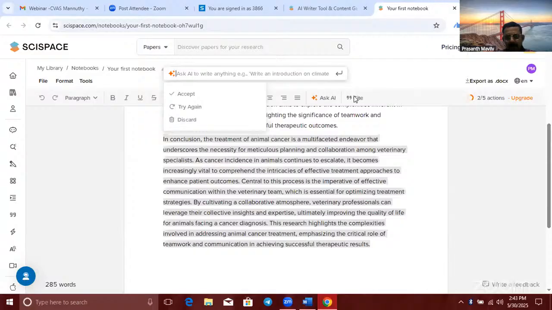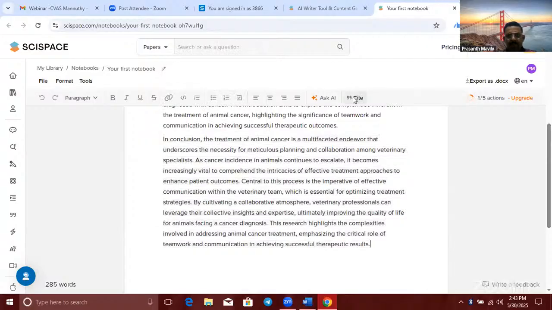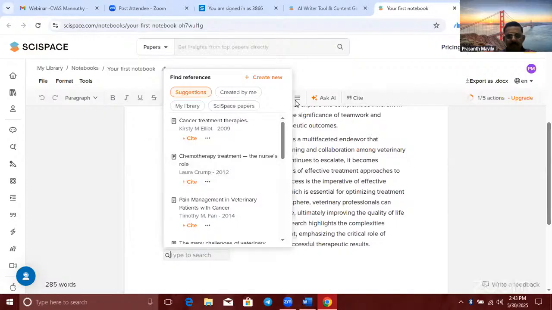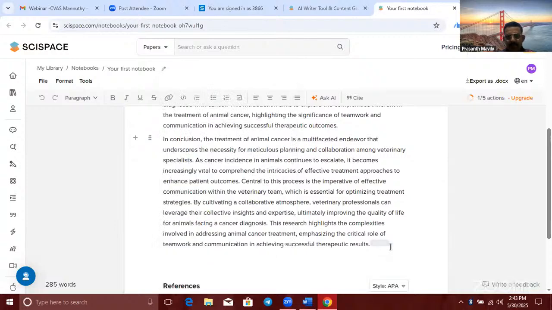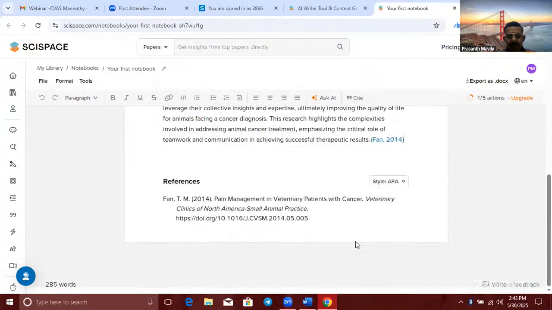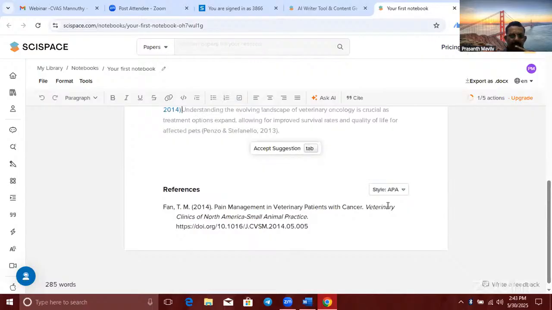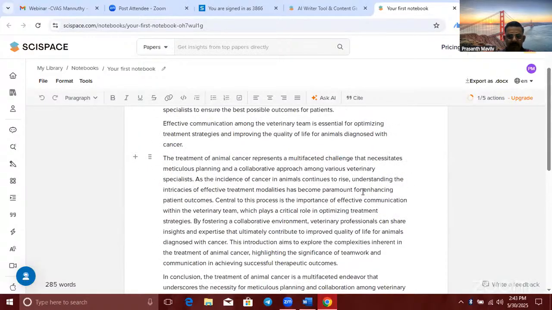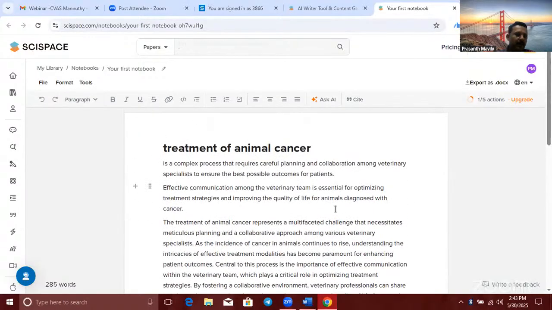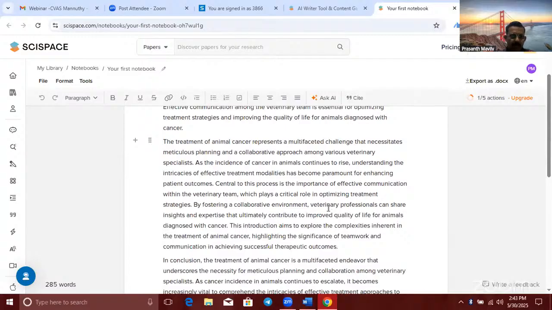And if you need any paper to cite in your work, you can cite it also. See, the cite option is here and it will give the relevant papers. You can go through it and cite it. So that citation also comes over there. See, the citation came. And references also you can download automatically. But there is a restriction for all these. You can see the word limit is there. References will not come, but you will get a quick glance idea of how to write an assignment on an unknown topic which is not familiar to you.